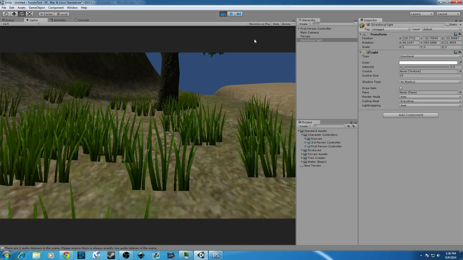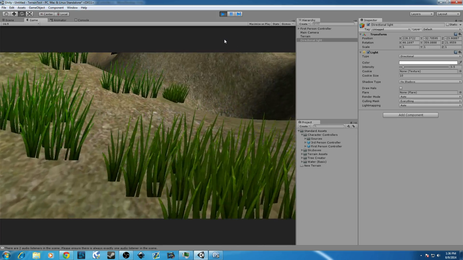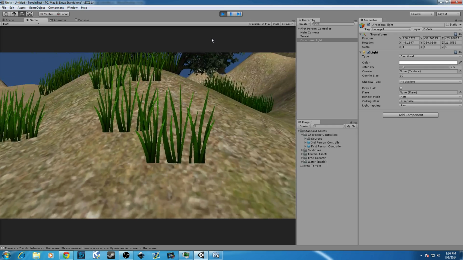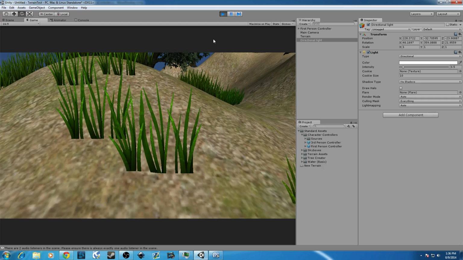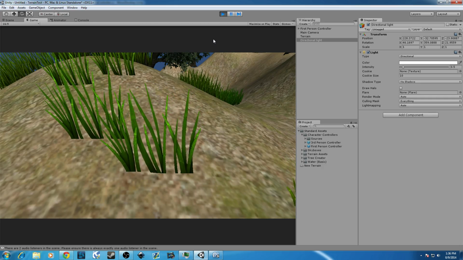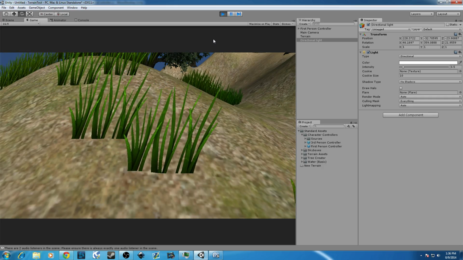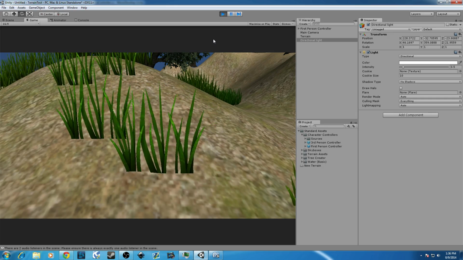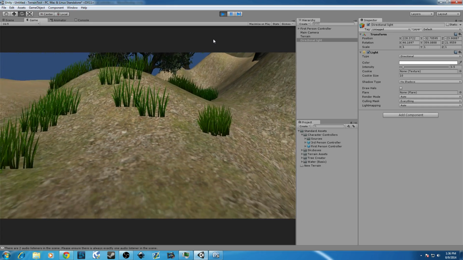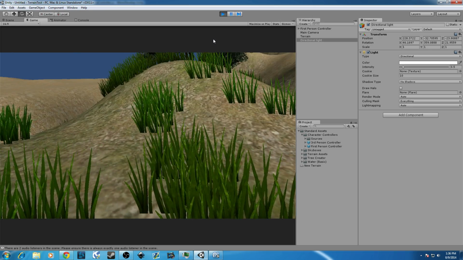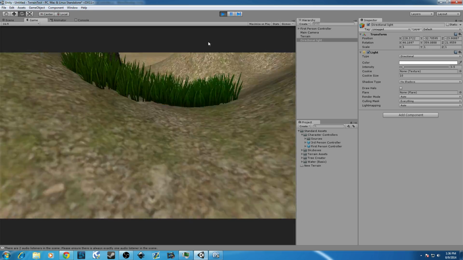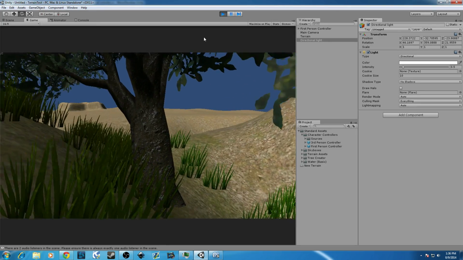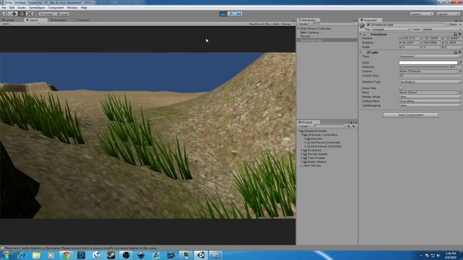You can kind of get an idea of what the scene will look like, or how it plays. You see this grass? This is the grass we just added, and this is the wind. This is a bend factor that's just built into the terrain. You can adjust. All this is adjustable. You can adjust the bend factor, but it basically adds some realism to the grass. It adds like a little sway to it. The trees do it as well. But this is good just to run around. You can kind of get an idea how big things are, how well they go together,